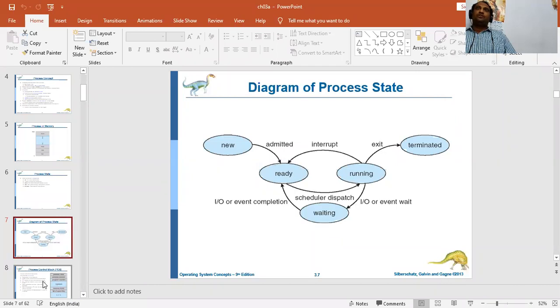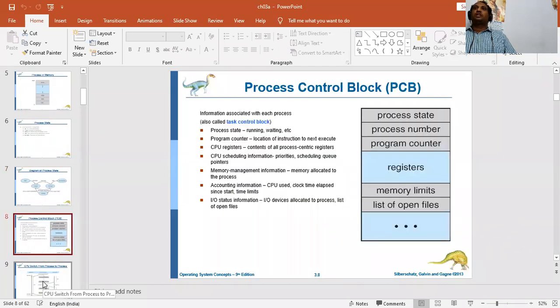Next, what we have is something called the process control block. What is this process control block? As we know, a process is something like an instruction. Suppose in your mobile you open a Zoom application; for that, it requires a process.